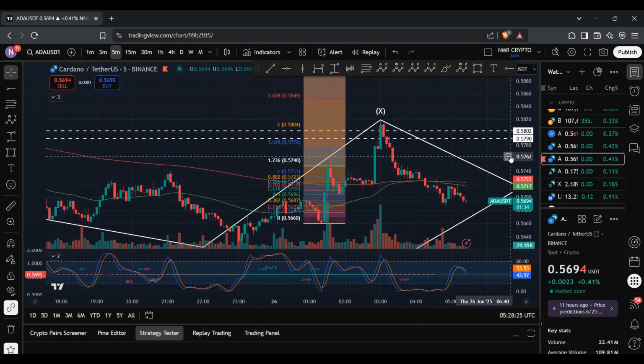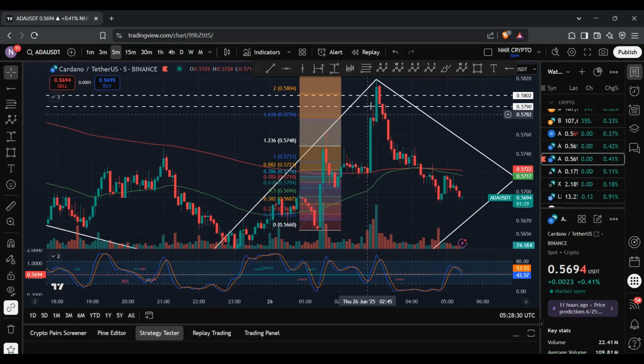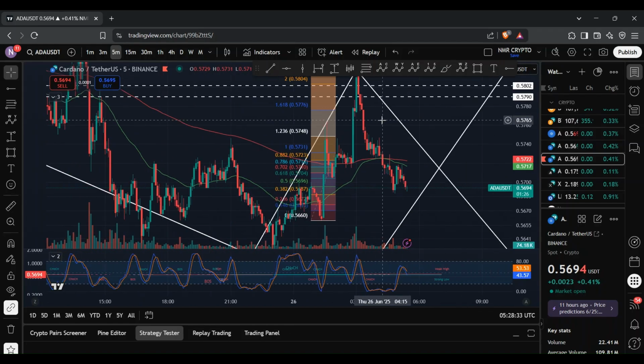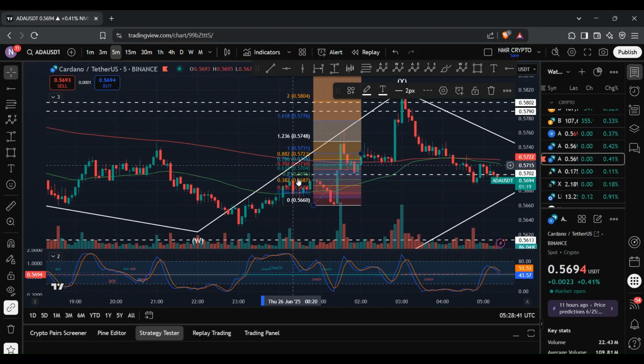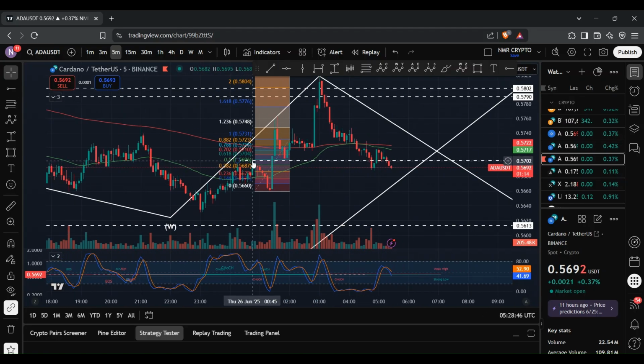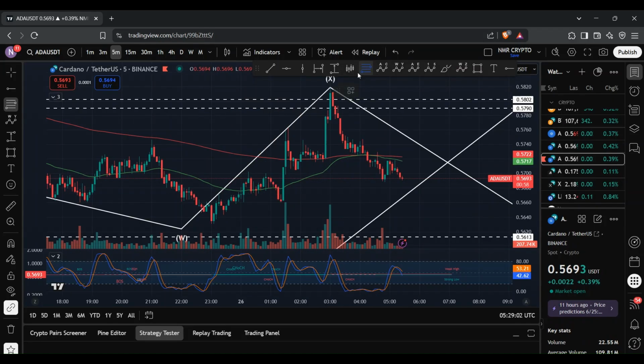And so the reason why this is not an impulsive move, even though we extended beyond the 1.618 retracement level, so that this could be the third wave, is that this move to the downside would be the fourth wave, but that fourth wave ended up breaching the wave 1 or the wave 2 origin. So this would be the wave 1 and this would be the wave 2. And because we ended up extending beyond that level at 57.02 cents, that essentially made that 5-wave move invalid. And so essentially what ended up playing out was a WXY structure, which is a corrective move. And so if I remove this and remove this,